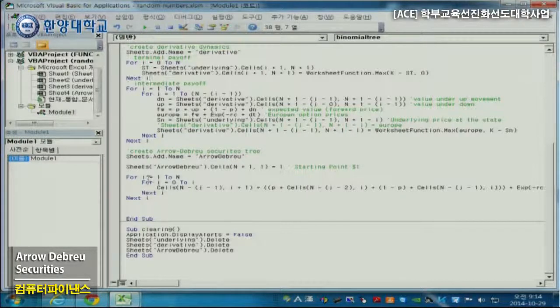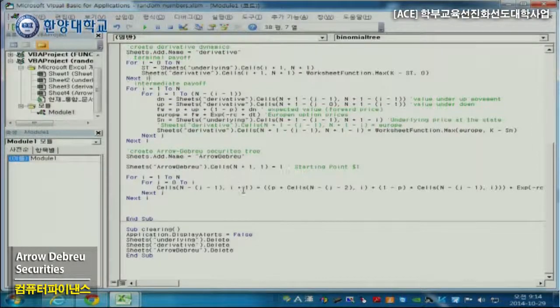So I start from i equal 1 to n, and j starts from 0 to i. Okay, and then cell (n minus j minus 1, i plus 1) is also p multiplied by going up. Going up is the cell above, so it is n minus j minus 2 because it is above. Okay, and then 1 minus p multiplied by the same row, n minus j minus 1, and of course for column, because we move forward